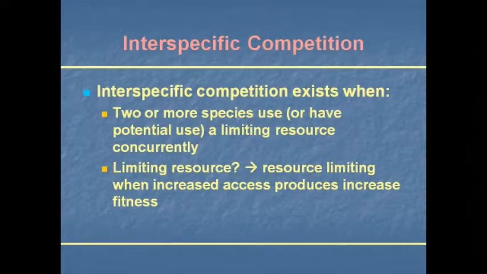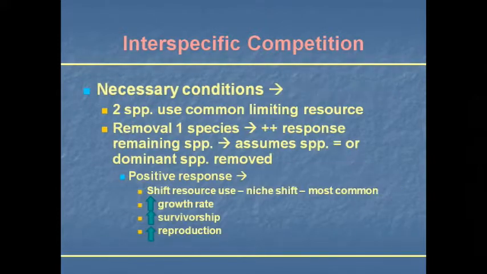Interspecific competition exists when two or more species use or have the potential to use a limiting resource concurrently. And a limiting resource is defined as a resource that, when increased, creates a positive response in the organisms. So the necessary conditions for interspecific competition is the joint use of a common resource, and where the removal of the superior competitor produces a positive response in the remaining species, and this positive response can take a variety of